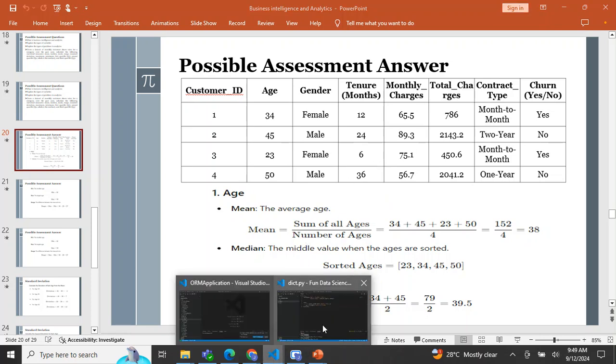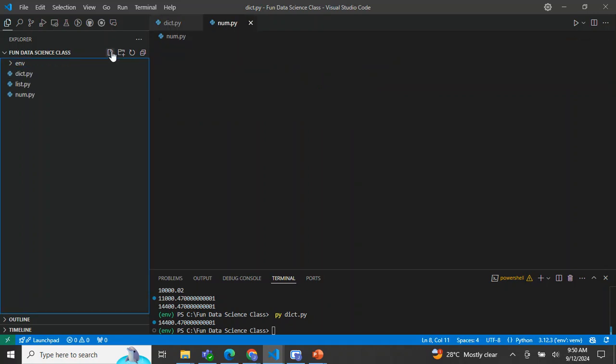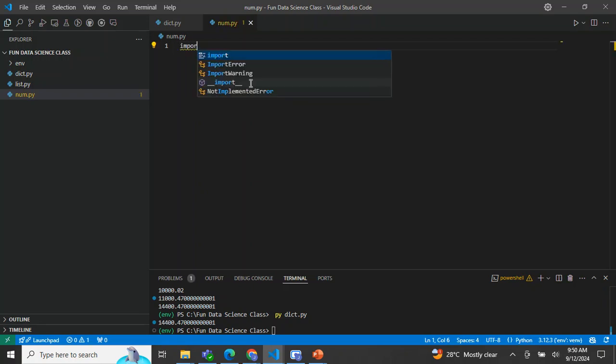So go to my Visual Studio. Remember, in the previous class we did dictionary. Here I'm going to create a separate script. I'll call it maybe num.py. Okay, so now to use NumPy, we have to import